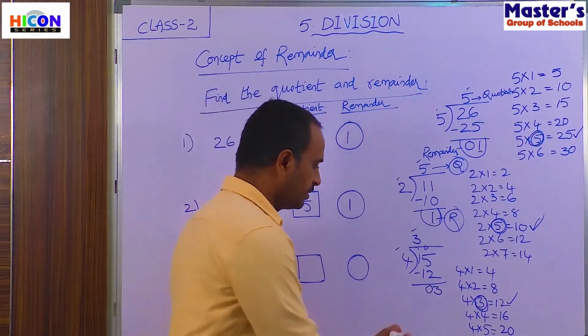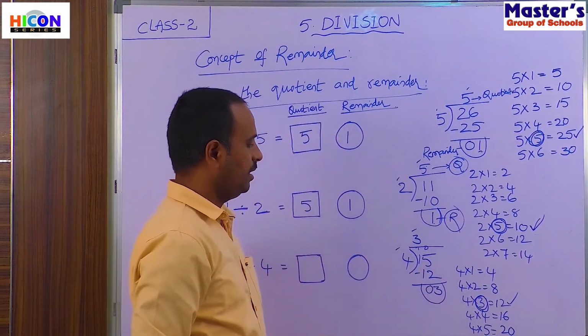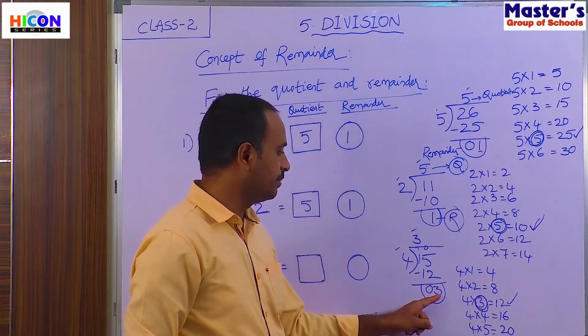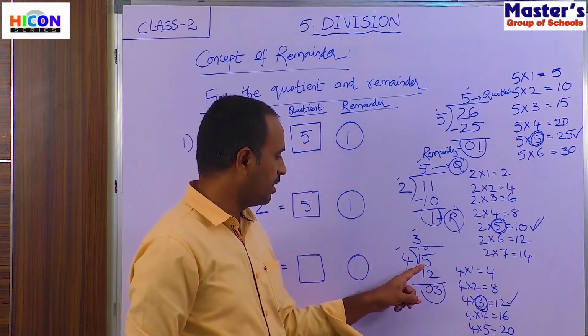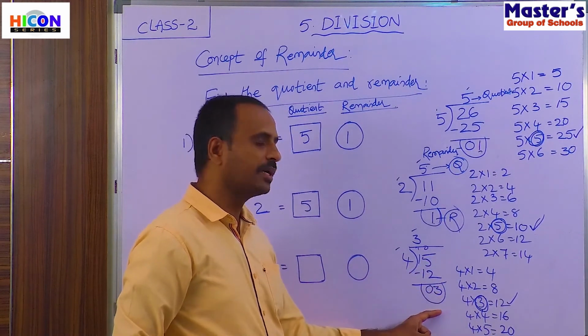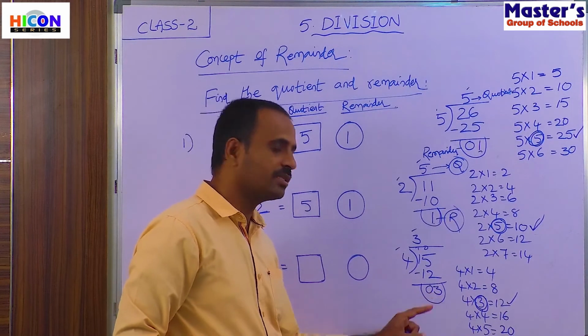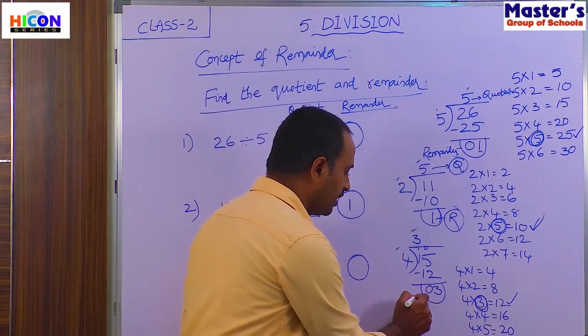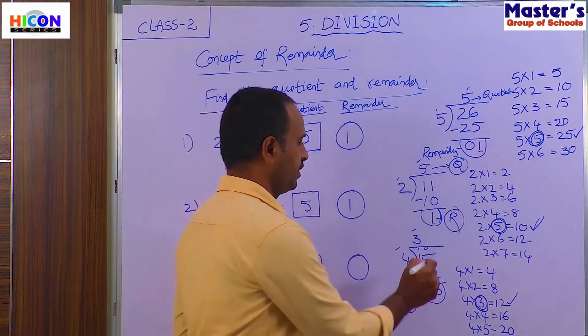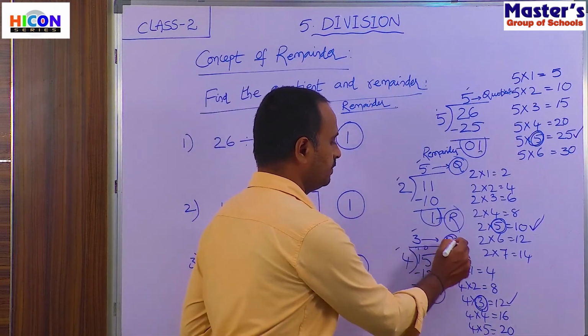The remainder is 3. And we have to complete this division here because we did not get the number 3 in the fourth table and there are no more digits in the dividend to bring down. So the division has to be completed here. So here 3 is the remainder. What is the remainder here? 3 is the remainder. And what is the quotient here? Here 3 is the quotient.